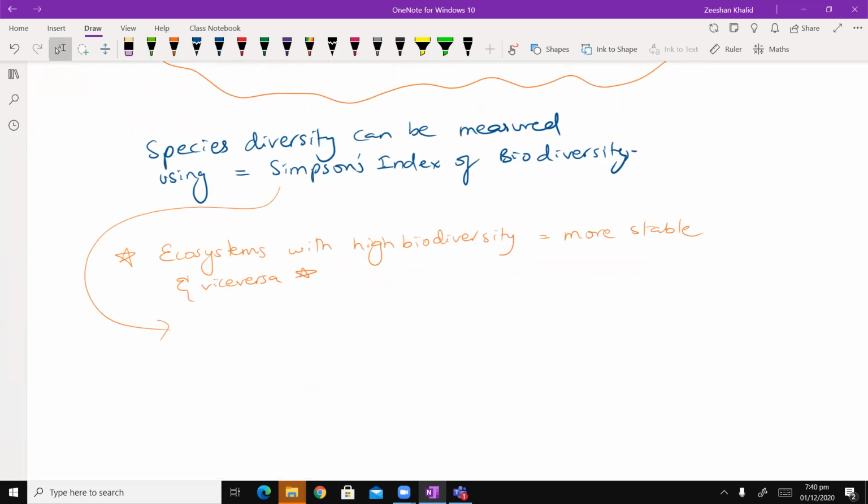So the formula is the following. You don't need to remember this formula. It will always be given. But we need to understand what this formula is. Let me write that down for you, and then I will explain what the individual parts of this formula mean, and with a very simple example we will do the full working. Now, D, the symbol of Simpson's index of diversity, equals 1 minus the summation of small n over large N, whole squared, where capital N is representative of the